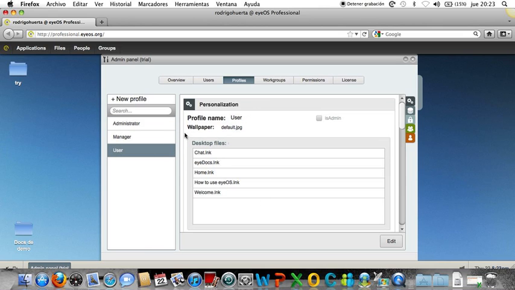For example, this is the desktop file, so I can decide whether a user, manager or administrator has access to several applications on the desktop. I can edit and delete any application that I don't want these users to use. So I can create work groups,